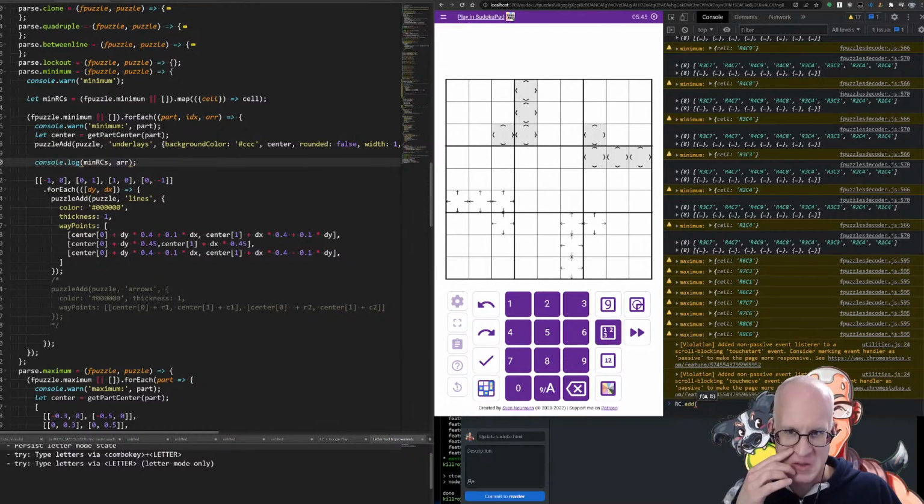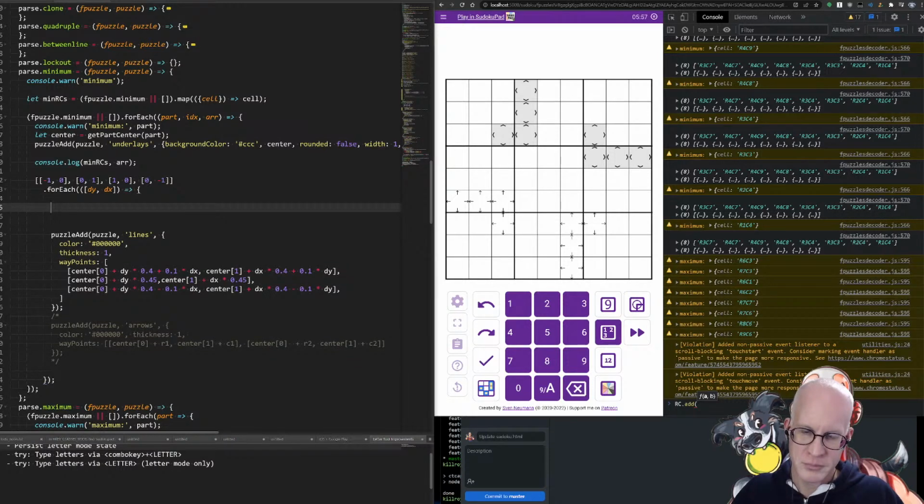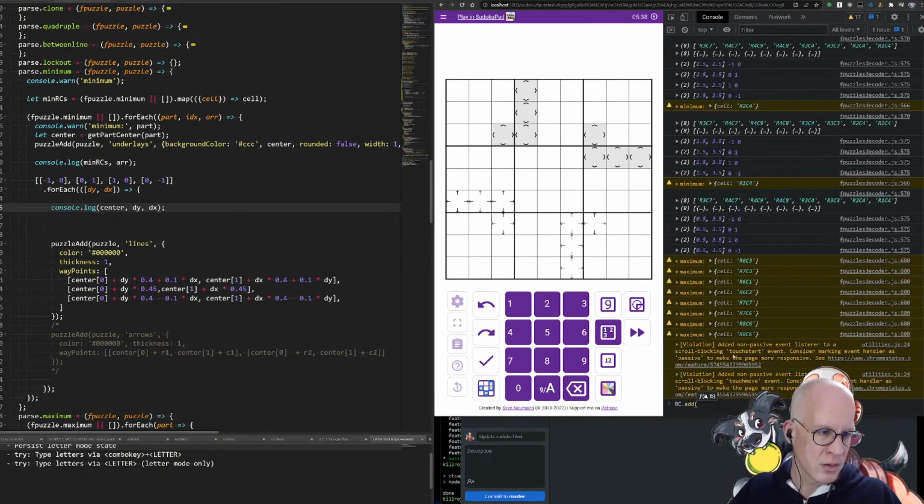And then the question is, can I convert the other thing into a thing? And you know what I mean? The thing and the thing. So we have a dy dx, we have a current center. So I can do center dy dx, and I can obviously combine them, right? So I can do